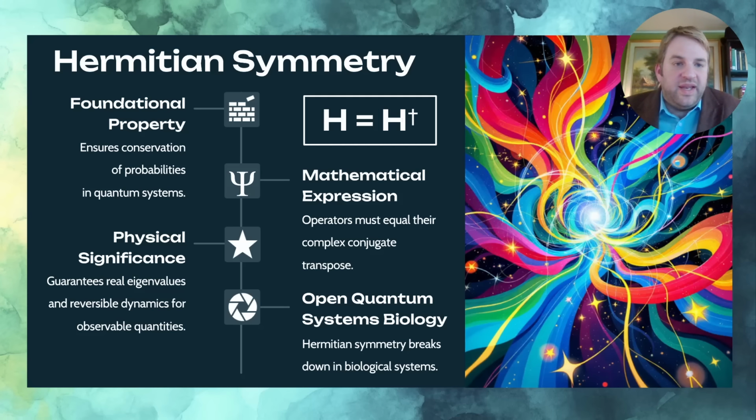And in fact, we now know that Hermitian symmetry is not as fundamental to quantum mechanics as it was once believed. Although Hermitian symmetry is sufficient to guarantee real eigenvalues and reversible dynamics in systems, it's not necessary. There are now other symmetries that are coming to be understood, such as another kind called parity time symmetry, quantum mechanics. And so what was viewed as being one of the most fundamental symmetries of quantum theory is now becoming understood as not even necessary.